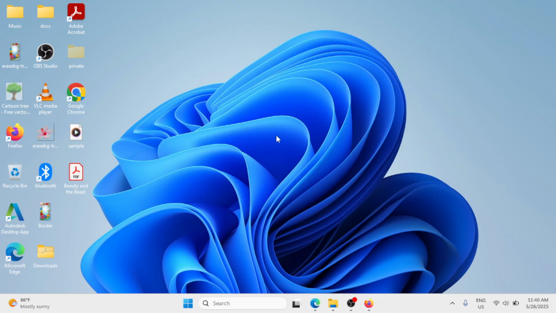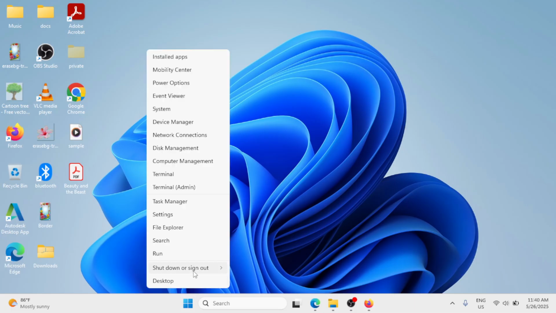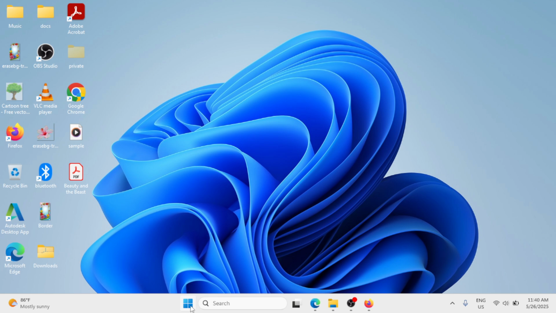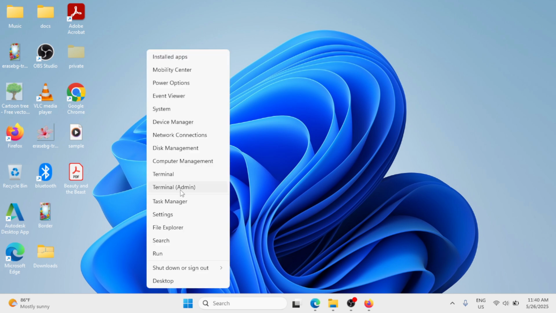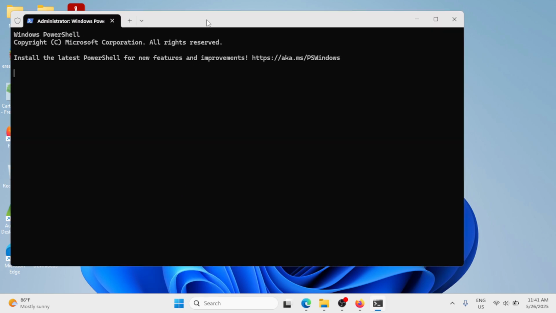And after updating the driver, just make a right click at the start button, shut down or sign out and restart. Next method, you have to make a right click at the start button, and here you have to select terminal admin. To open the Windows PowerShell, and here simply type this command